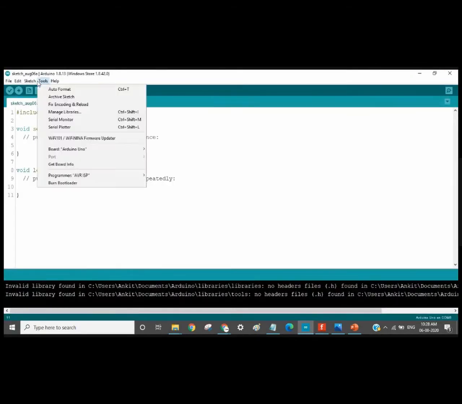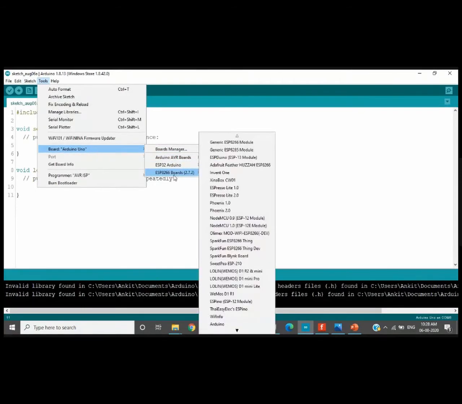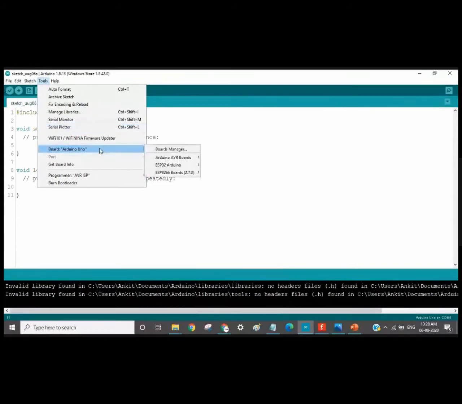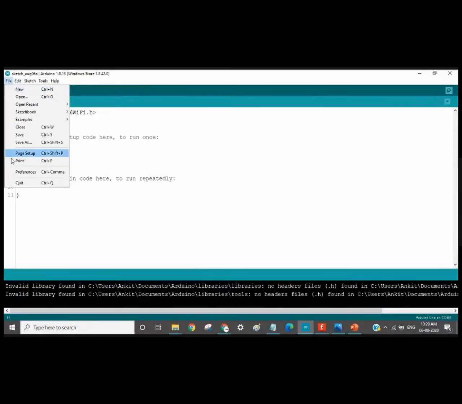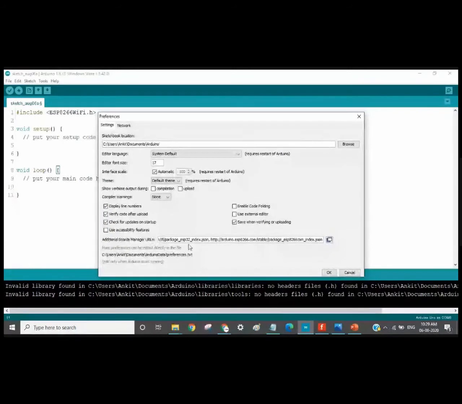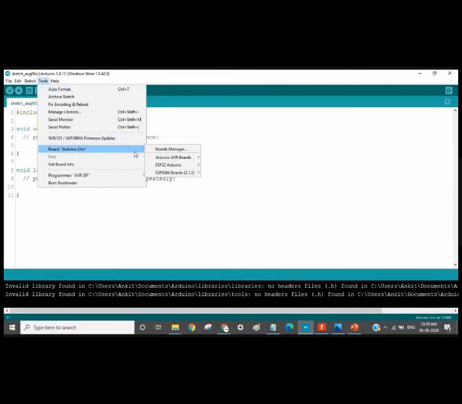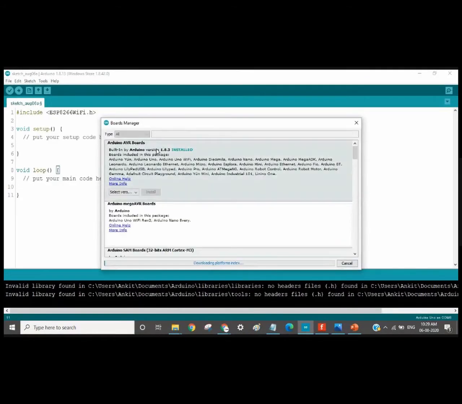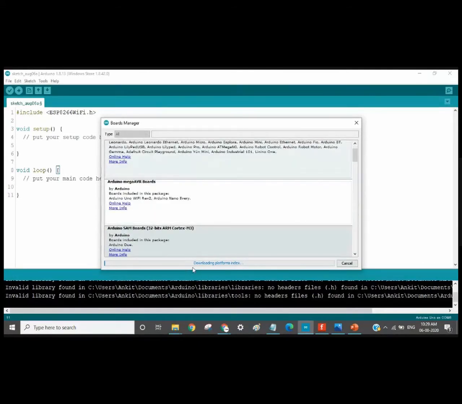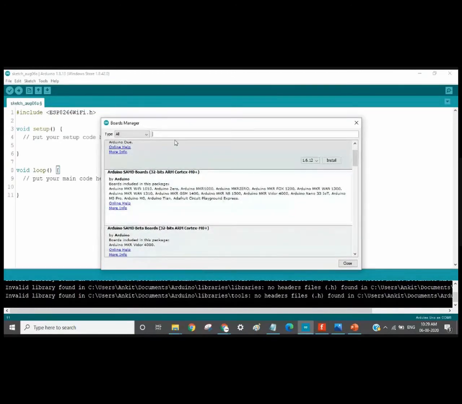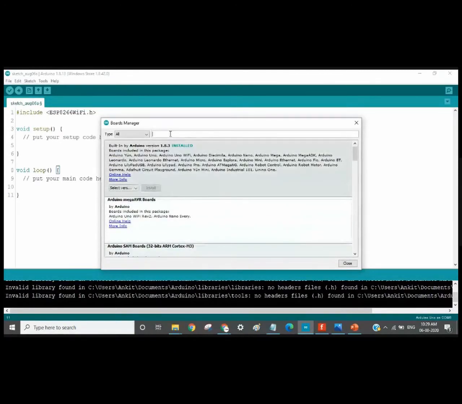So once this is done, then you will get the boards in this part, right, in the boards manager. So what you have to do is, when you add the link in the additional board manager, the boards will not be directly downloaded. You have to search for the board, right? So searching for the boards is from here. You will go to the boards manager, right? Then here something will happen, that is it is checking for updates and all, right? What all things are there and what all things are not there, right? Here you can see that it is showing installed.